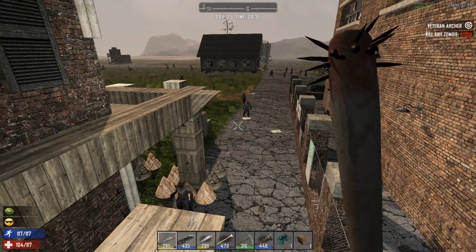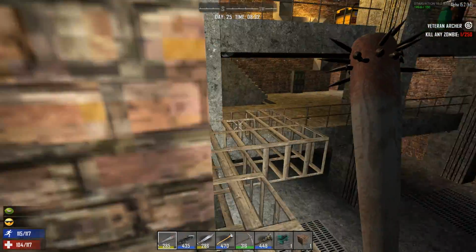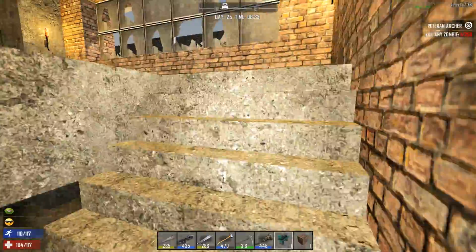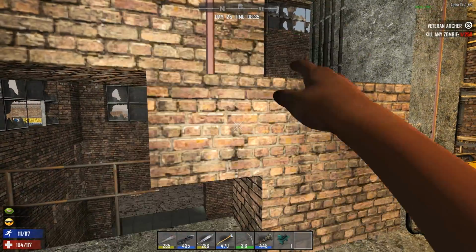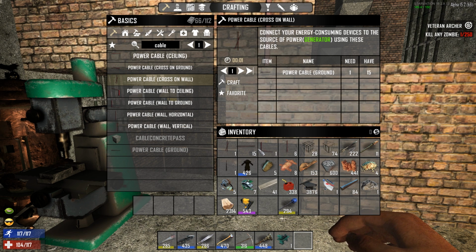Well, will you look at this? Bunch of zombies coming in. I'm going to ignore them. I'll go kill them eventually. Let's see if we can get this to work, though. So I'm thinking we'd probably just have to bring the wire down 1 more spot. So let's try that. Alright, so we're looking for vertical...